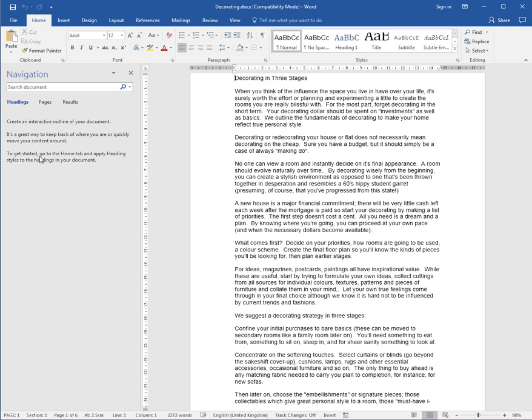To get started, we need to go to the Home tab and start applying heading styles so that we can navigate through our document via its headings. So very shortly we'll be getting into styles and you'll see how that works. But for now, just turn on the Navigation Pane. And earlier I got you to turn on the Style Area pane